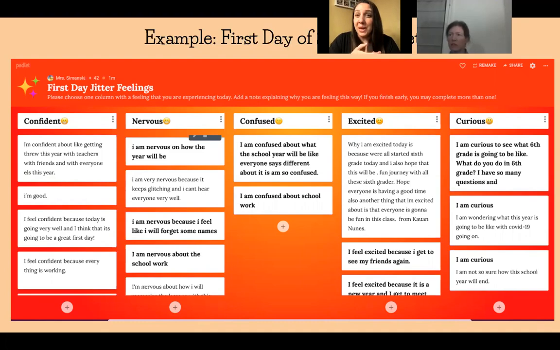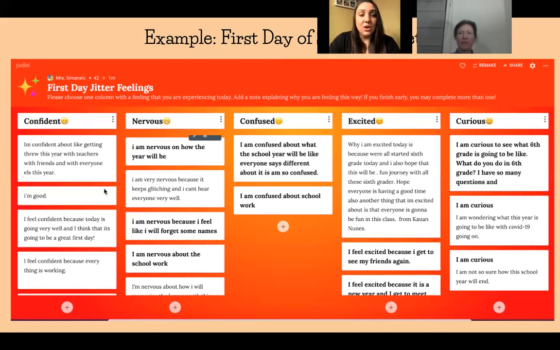It's a safe space because students can share what they want to. They don't have to tell us anything they don't want to tell us, but give us enough information, even if it's just really short and sweet. And then as a teacher, this is very useful because I can look through and see all of the students' responses really quickly. I took all the names off of this Padlet, of course, but one of the features